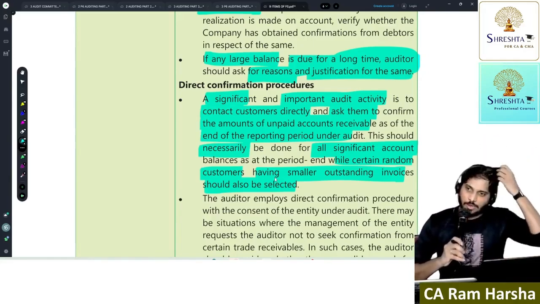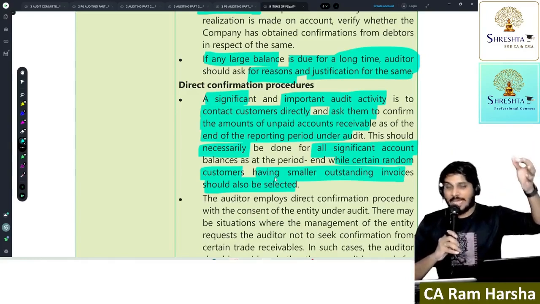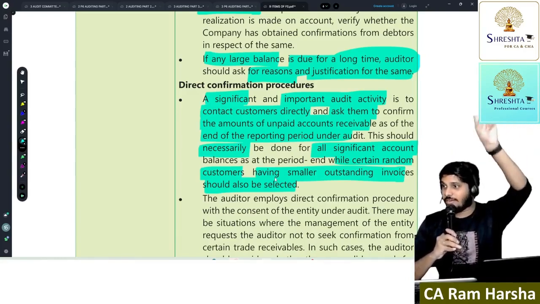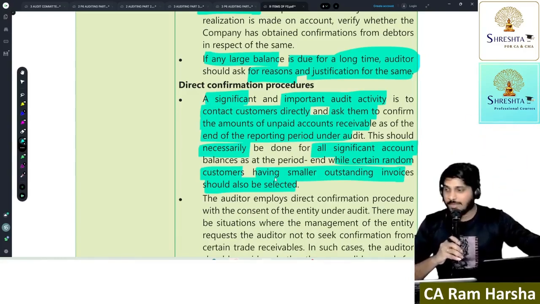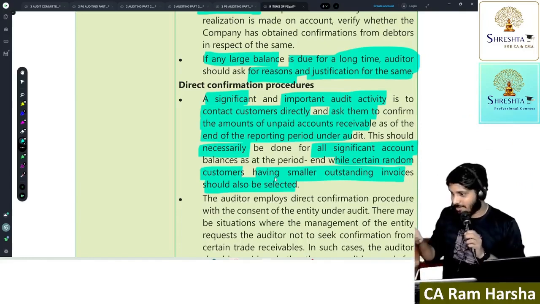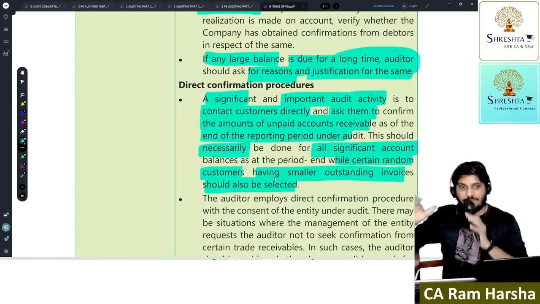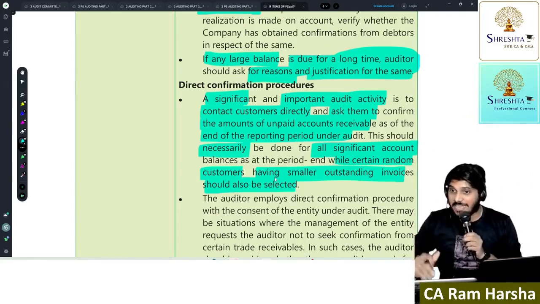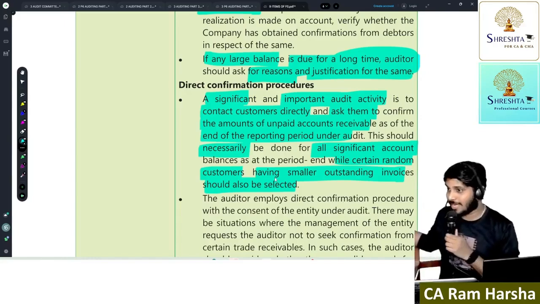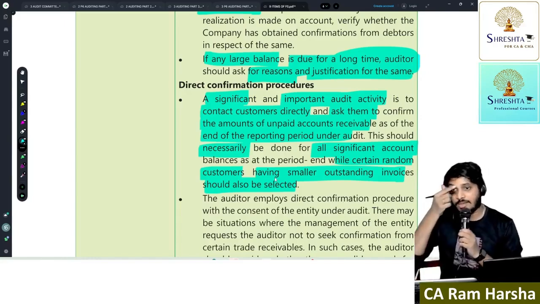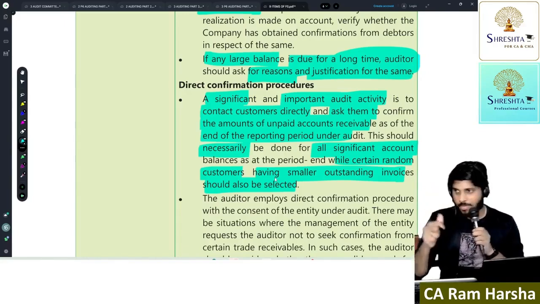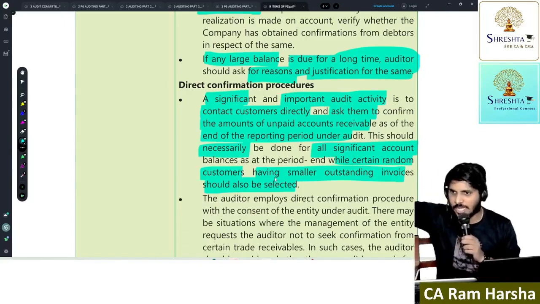What is exception? It's a difference between the amount requested to be confirmed by the auditor, or the amount contained in the entity's records, and the amount confirmed by the third party. Whatever confirmation is received, if there is a difference from what is in our books, we call it an exception. If you identify an exception, what will you do? Will you scold the client? First, you will resolve in whose books of accounts it is wrong. Did my client make a mistake in the financials, or the other party?